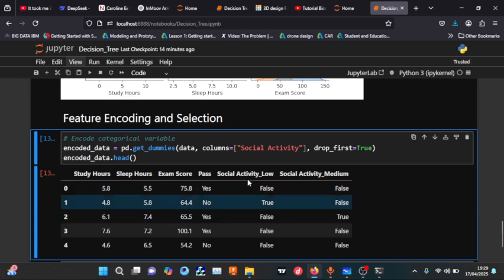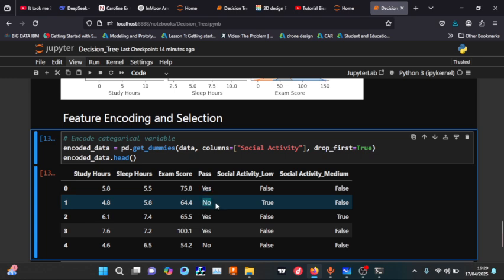That is the reason why the encoder refused to add a third column for that. As you can see, the rest of the data is normal, but we are going to go ahead and